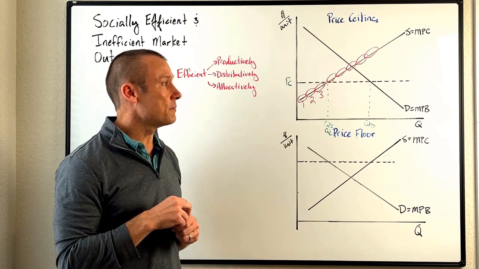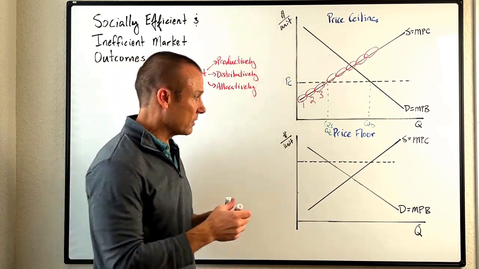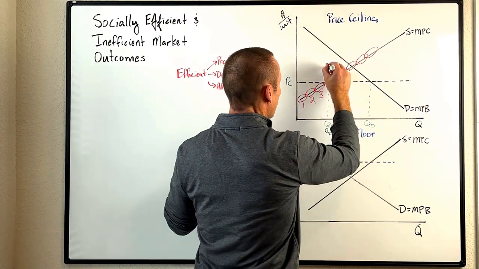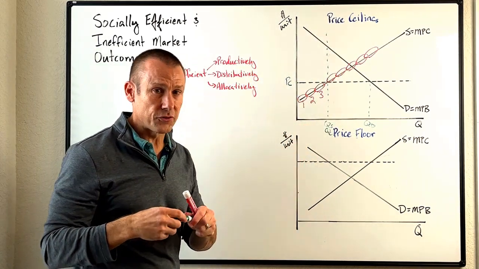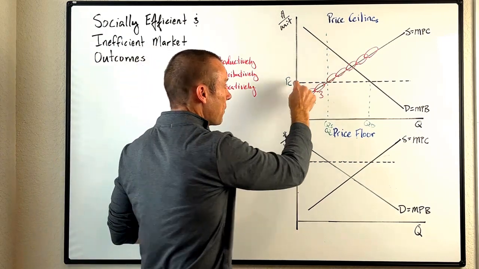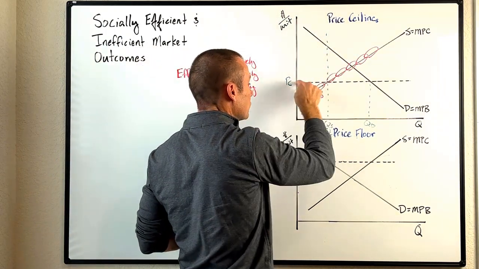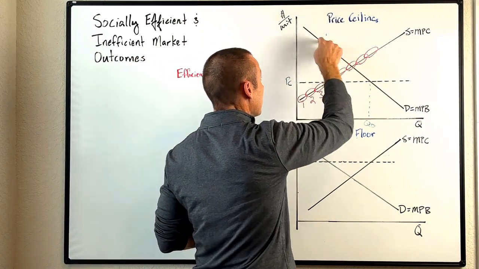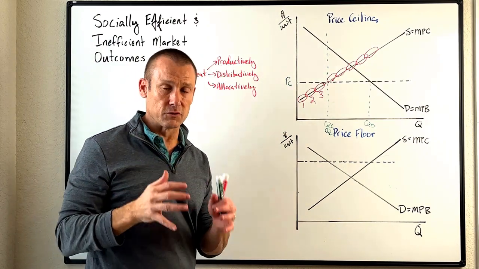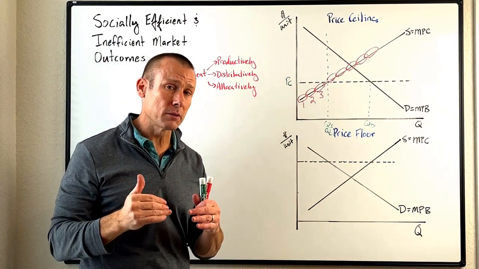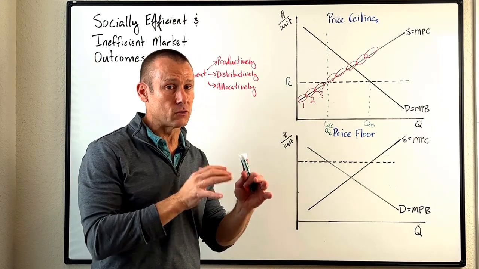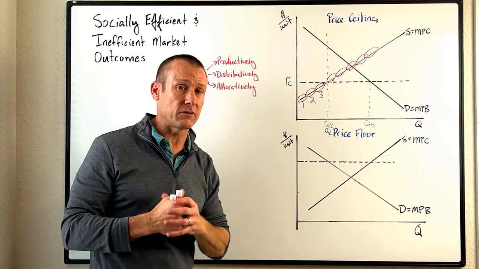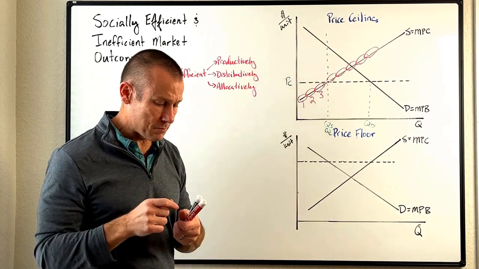But on the demand side, something else is very interesting. If we're only producing this, this is all we're consuming, so I'm going to draw this line straight up. And a lot of times what we'll say in an economics class is this right here is going to be our consumer surplus. But I think it's really important to say this right here is our maximum consumer surplus, and we are probably almost definitely not going to get all of it. Why is that? Because price is not fully rationing the good anymore, okay? What do I mean by that?